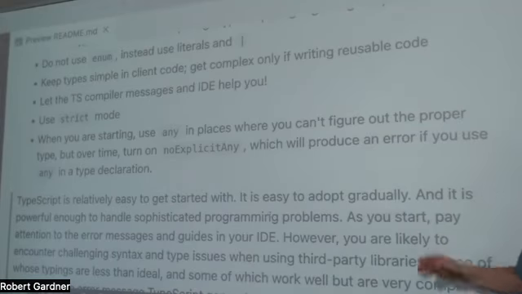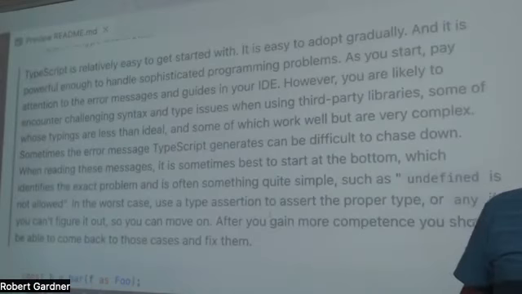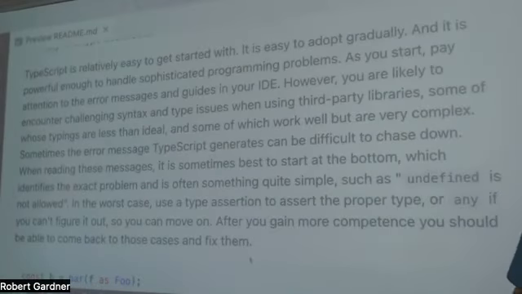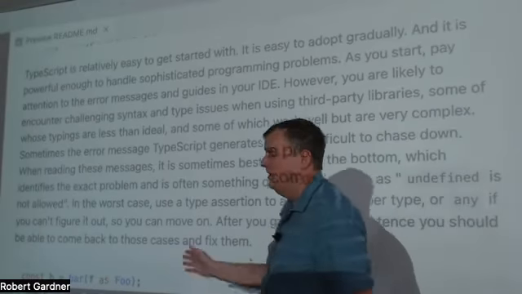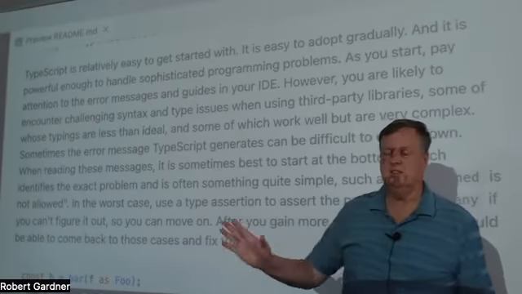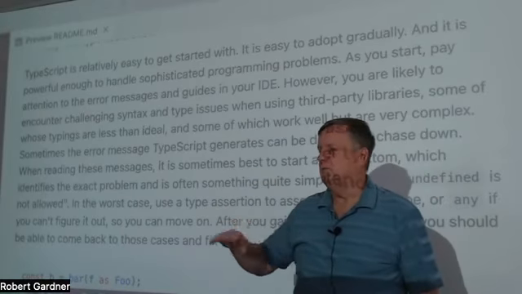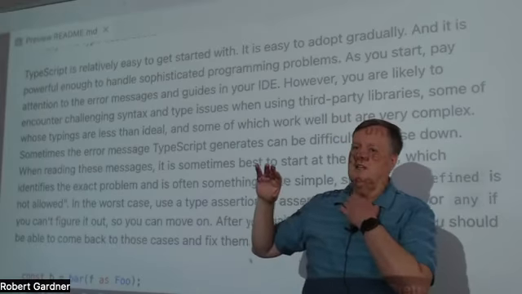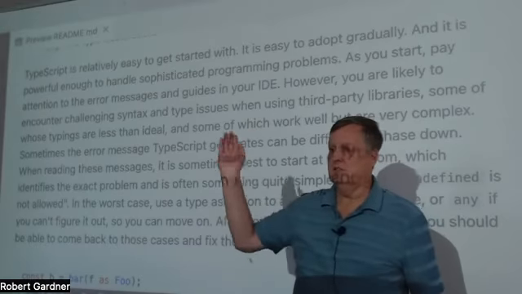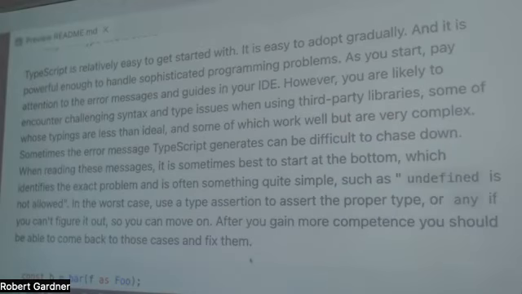So those are the main ones that I like to do. TypeScript is great in that it is easy to pick up and get started with fairly easily. Like I said, you can take an existing JavaScript program, do all the proper installation things to get it working with TypeScript, and then you can just start adding types where you wish, slowly and gradually. It's a very good thing to do.